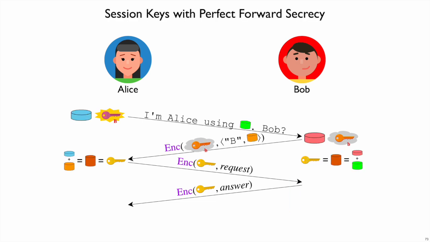To solve both of these problems, we can use Diffie-Hellman to avoid ever sending the key directly in a message, and only sending messages that are encrypted with that key. That is, when Alice contacts Bob in the first place, she says, "I'm Alice, and here is my public key for this session." And Bob can use his private key, separate from his RSA private key, but his session private